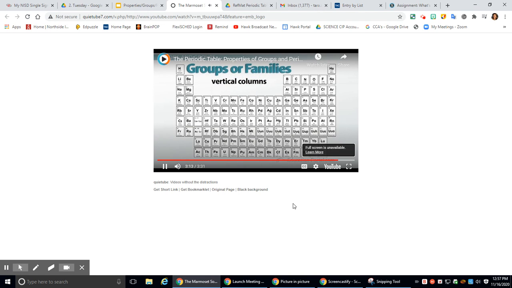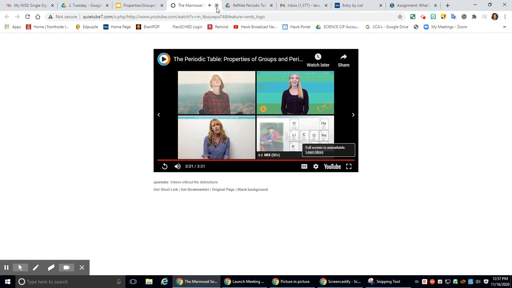The vertical columns on the periodic table are called groups or families. Groups probably come in most handy when predicting the properties of an element. Just like people in a family all may share similar traits, elements in the same group on a periodic table also will have similar properties. The groups are numbered from 1 to 18, from left to right, and some of the groups